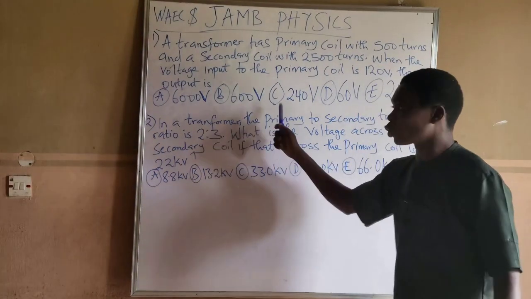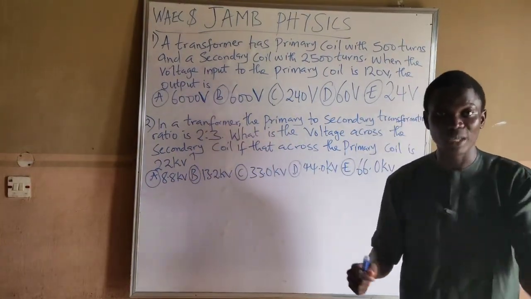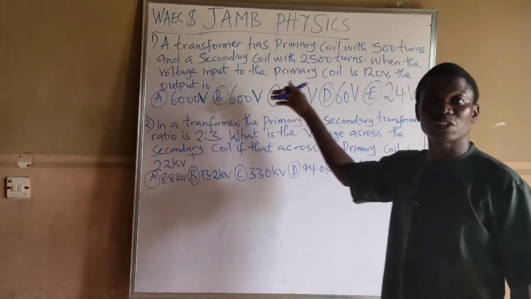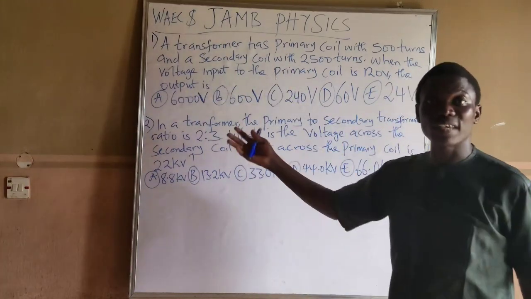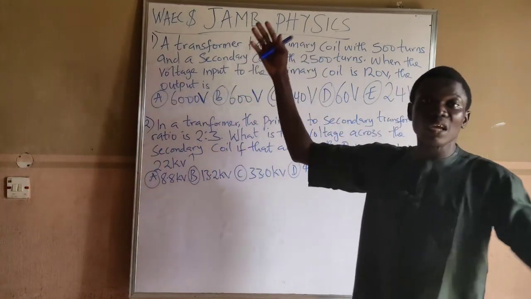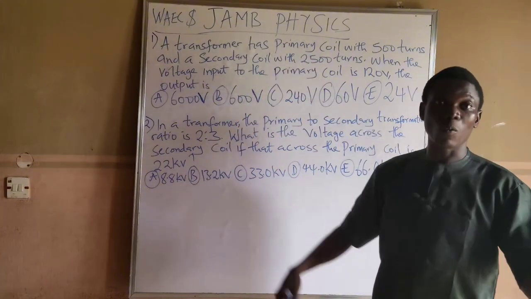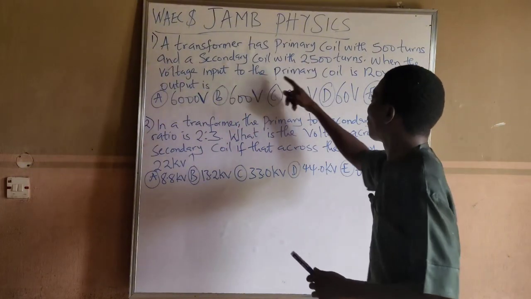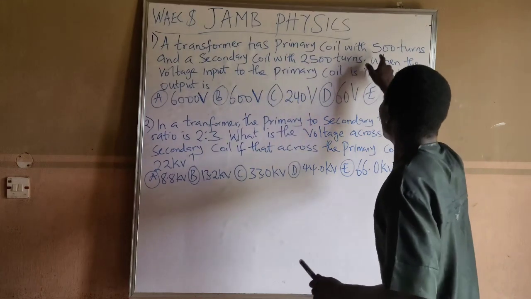All right, I'm going to show you how to solve this within a few minutes. This is a problem under electricity, of course, transformers in physics. So let's solve these likely questions in JAMB and WAEC. Let's solve it. Question number 1 says a transformer has a primary coil with